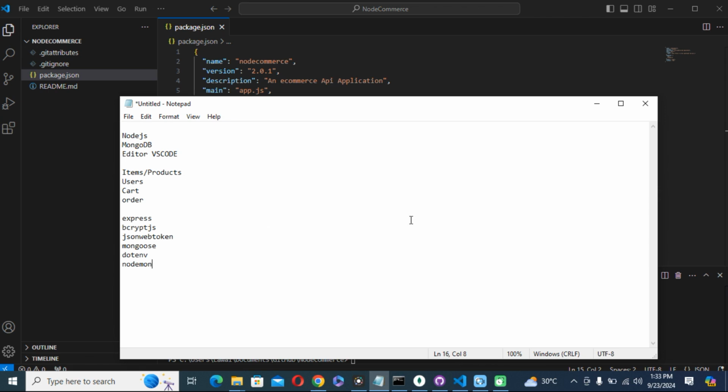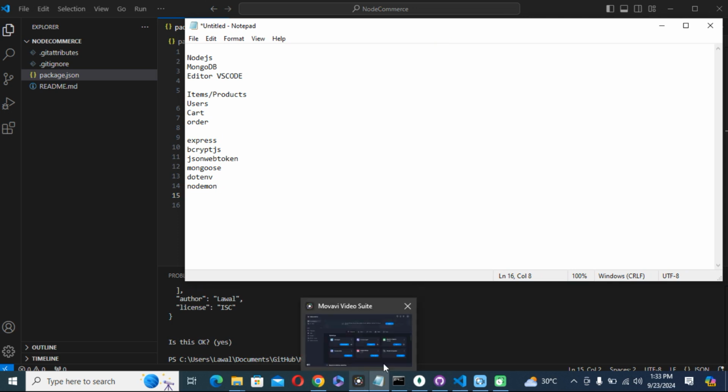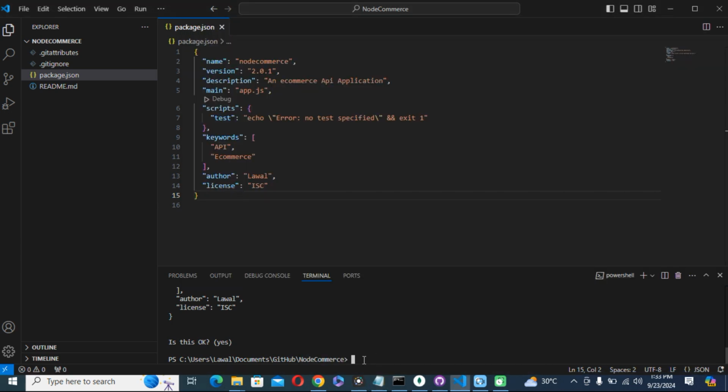How do we install all these dependencies? We are going to make use of the terminal by using npm. So I'm going to type npm install. We can type all the dependencies one by one and separate them with a space. So I will put express, space. If we like, we can install them one by one by typing npm install express. When that is done, we type another one and put the package name. That's how we install. But npm also allows us to install multiple